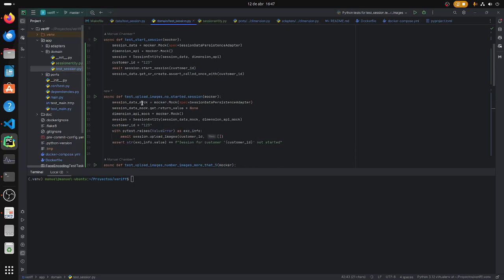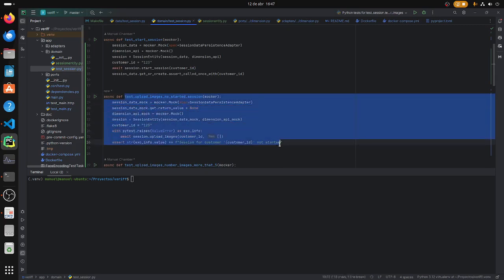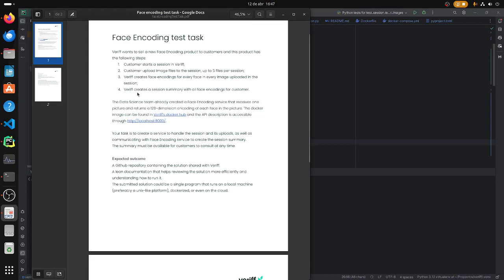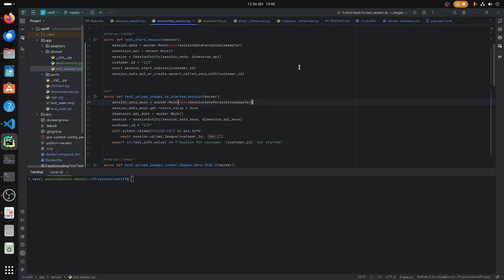And upload if it hasn't been started has to be an error, because it says here that the customer starts a session, then the customer will upload the file. So this means customer images per session. I'm assuming that in order to upload, it first has to be started. Yes. So this has as well